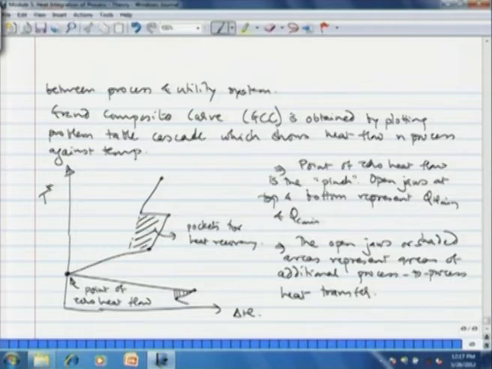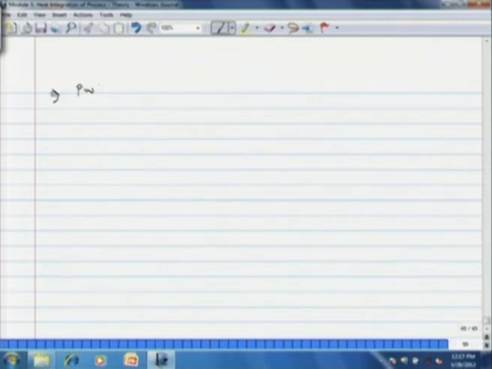The profile of the grand composite curve represents the residual heating and cooling demand after recovering the heat within shifted temperature interval in the problem table algorithm. So, in the pockets that are shown, the local surplus of heat in the process is used at temperature differences in excess of delta T min to satisfy the local deficit. So, these points I am noting for you.